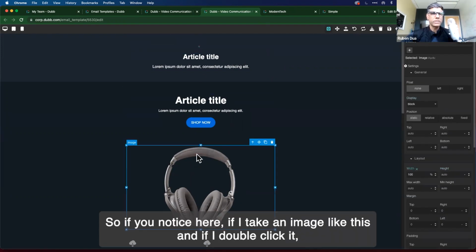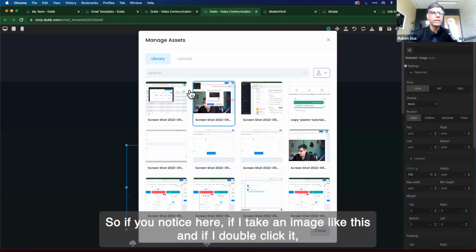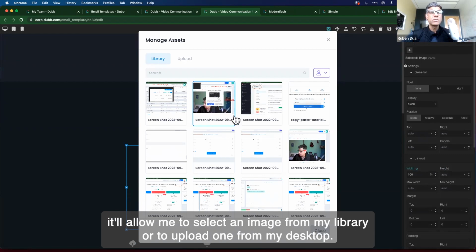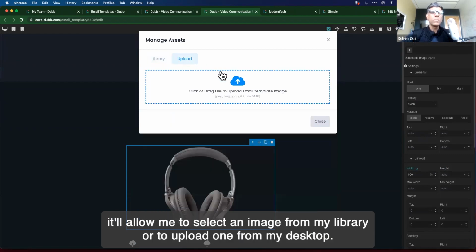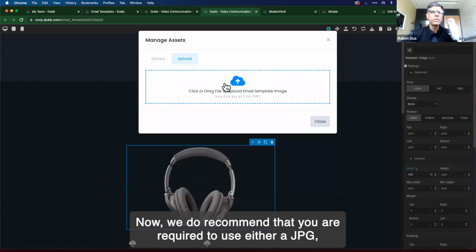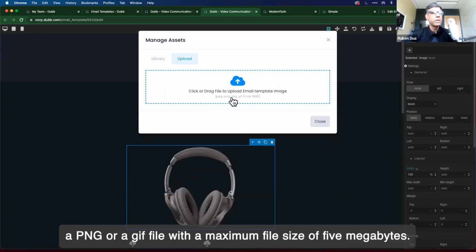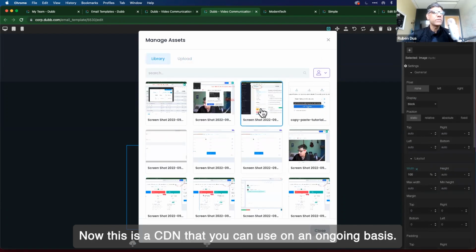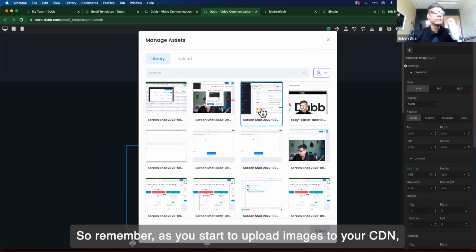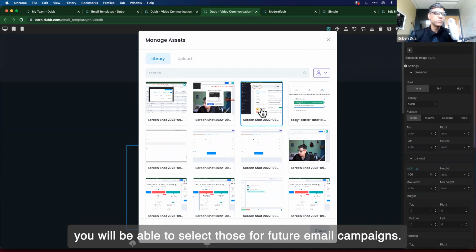So if you notice here, if I take an image like this and if I double click it, it'll allow me to select an image from my library or to upload one from my desktop. Now, you are required to use either a JPG, a PNG, or a GIF file with a maximum file size of 5 megabytes. Now, this is a CDN that you can use on an ongoing basis. So remember, as you start to upload images to your CDN, you will be able to select those for future